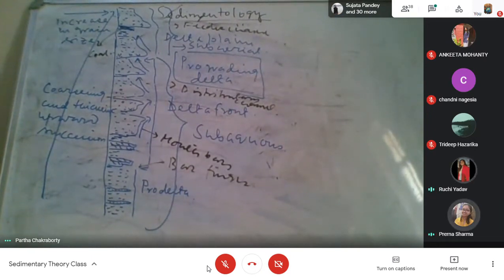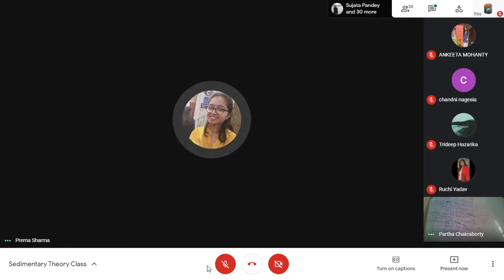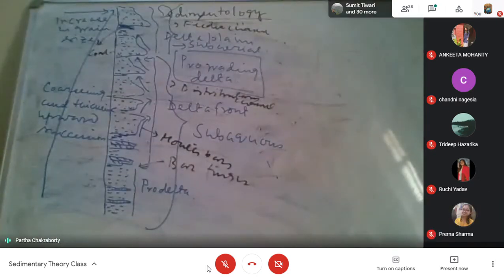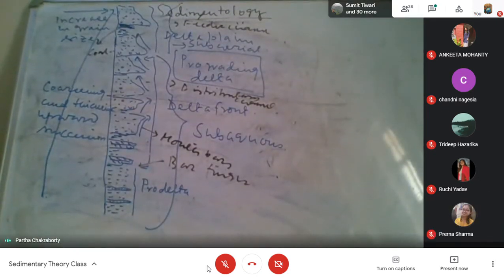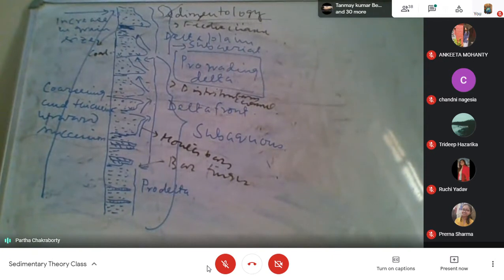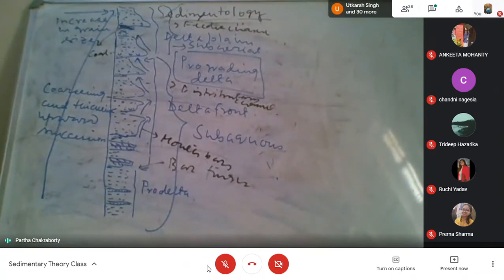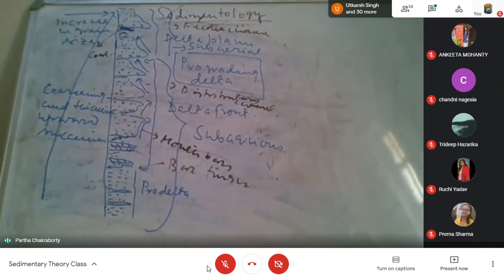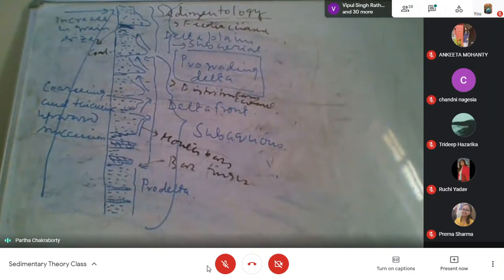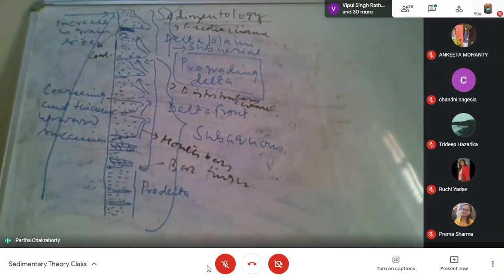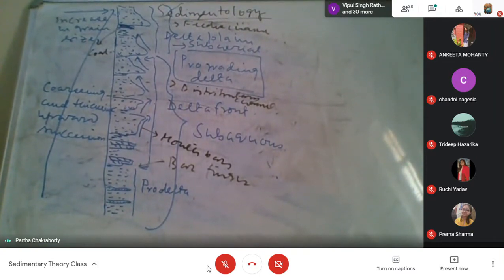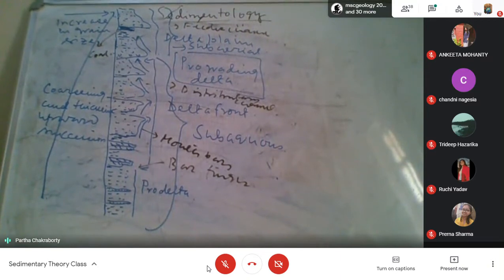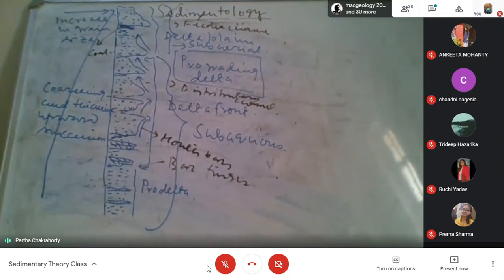So where do we find the salt dome settings? It is basically when I will be discussing tectonics and sedimentation, then I will discuss how from the rift, drift and passive margin formation. When you have a rift, drift, passive margin formation, then there is always a chance. How is our east coast? When our east coast got separated and when our west coast got separated?